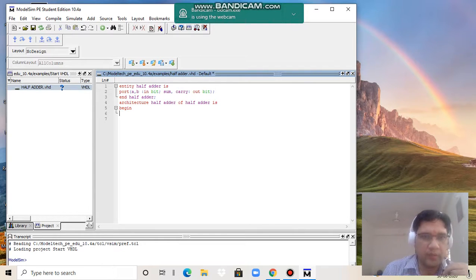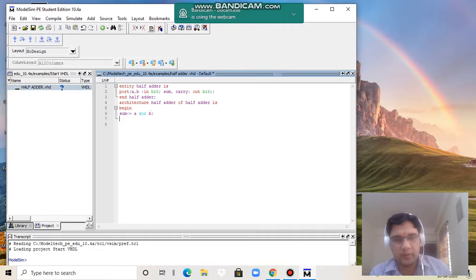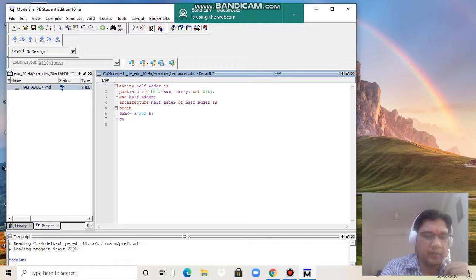So it is an example of the data flow architecture type. The first output is sum. For sum we are assigning sum is A XOR B. When we implement the XOR function on A and B, it will give the output as sum. And second is carry, which is A AND B. Then we have to end the architecture.